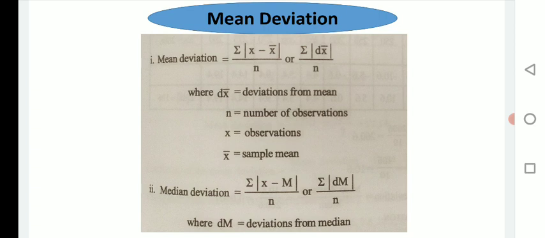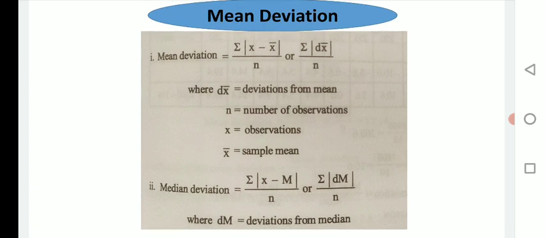In our previous lecture we started the topic measures of dispersion, where we have to study mean deviation, standard deviation as well as variation. In that we saw an introduction regarding dispersion, then the definition of dispersion, then we covered important measures of dispersion, that means how we can calculate dispersion, and we saw that dispersion can be calculated by range, then mean deviation or average deviation, and standard deviation as well as variance.